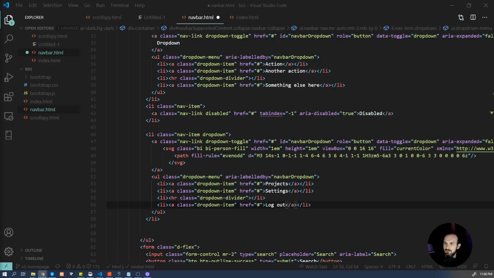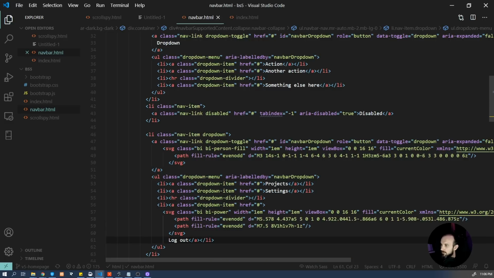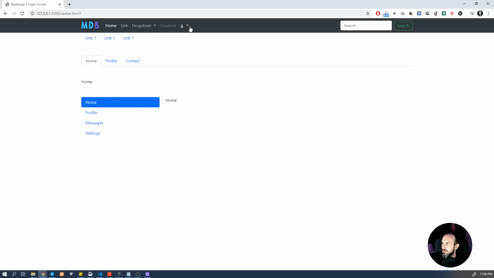And what we can also do is we can add another icon here before it, and now we can have this cool drop-down menu in our